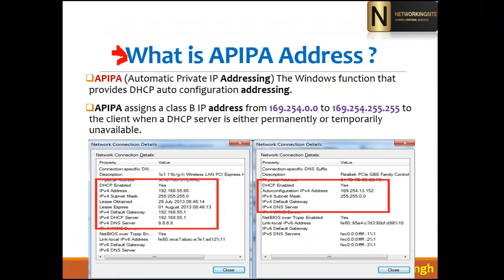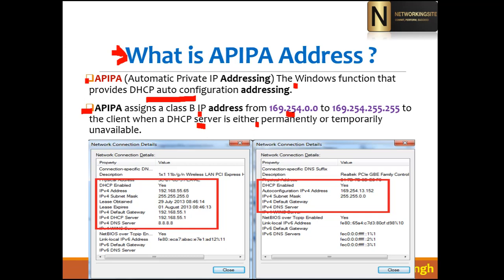It is communicating. So here it says that APIPA is known as Automatic Private IP Addressing, and APIPA is only used by Windows computers when DHCP has some problem. APIPA assigns class B IP addresses from the range 169.254.0.0 to the clients when the DHCP server is either permanently down or temporarily unavailable.